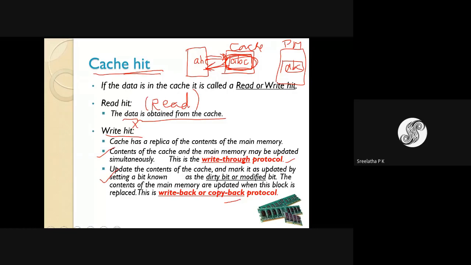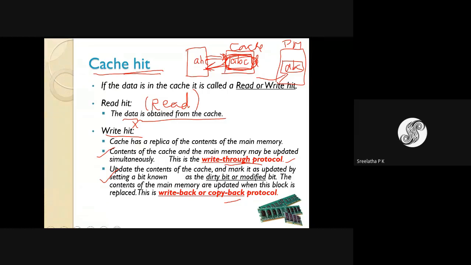Okay, write through protocol means whenever I'm updating, simultaneously update the primary memory also. Disadvantage: many times the updation has to happen in primary memory, wastage of time of the processor. Okay, and system slows means throughput slows. Okay, another